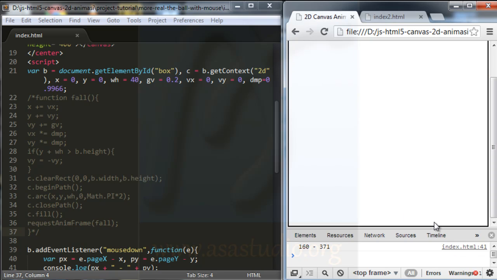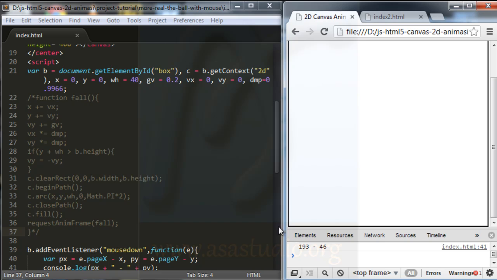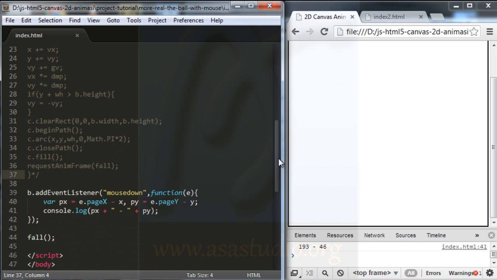Now I have all positions in X and Y in positive values. And this value, I need this value to add a reaction to the ball.